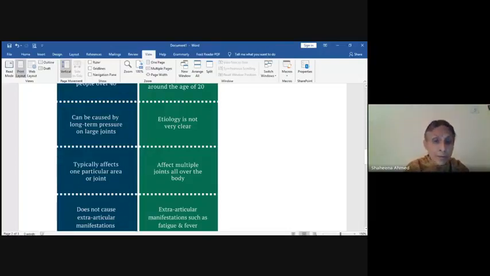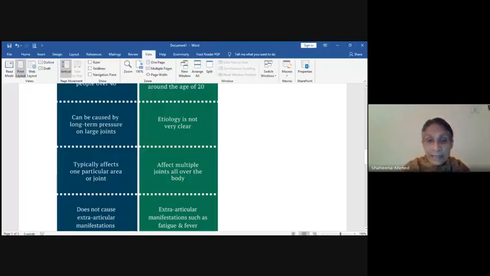Now, the most commonly affected joints. In rheumatoid arthritis, it is the fingers and the feet. And in osteoarthritis, it's basically the weight bearing joints like the knee, the spine, the hip, and even ultimately the hands. Now, in the hand, the main involvement in rheumatoid arthritis is the proximal interphalangeal joints, whereas in osteoarthritis, it is the distal interphalangeal joints.